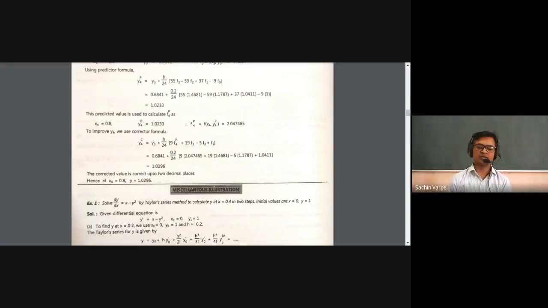So this is all about the Adams-Moulton predictor corrector method. And this is all about unit number 3. So here unit number 3 is over. So the main things we have discussed throughout unit number 3 is what? First of all, we have discussed interpolation, right? Then we have discussed numerical differentiation, right? And we have used that numerical differentiation to define Newton's forward and backward interpolation.